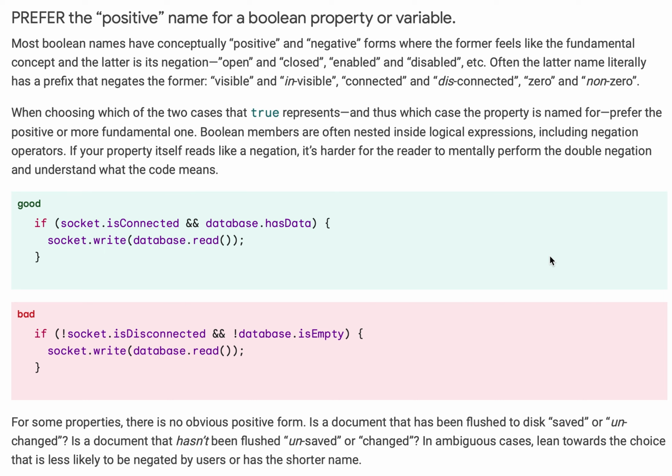That's a fundamental one. Boolean members are often nested inside logical expressions, including negation operators. If our property itself reads like a negation, it's harder for the reader, and it's very confusing to mentally perform the double negation. For example, if not socket.isDisconnected basically means if socket.isConnected,